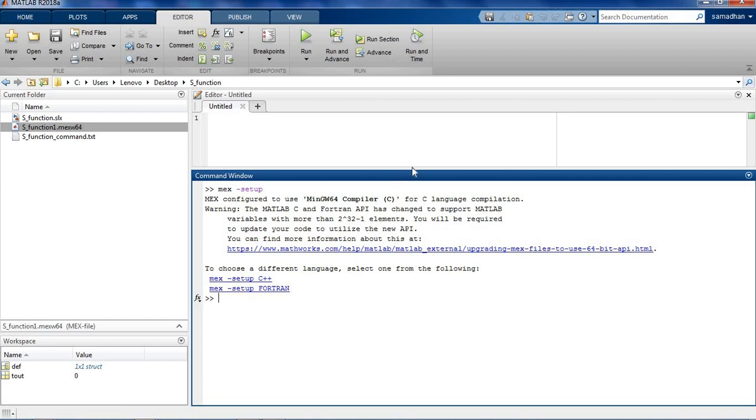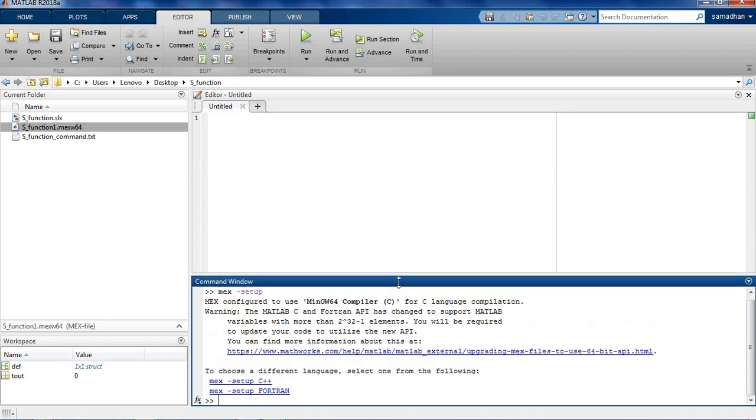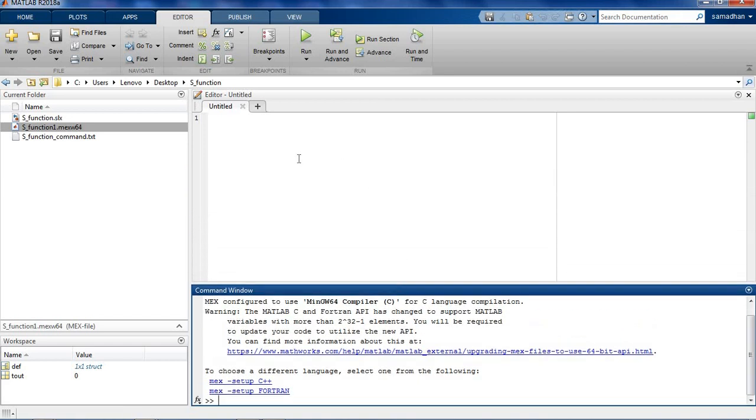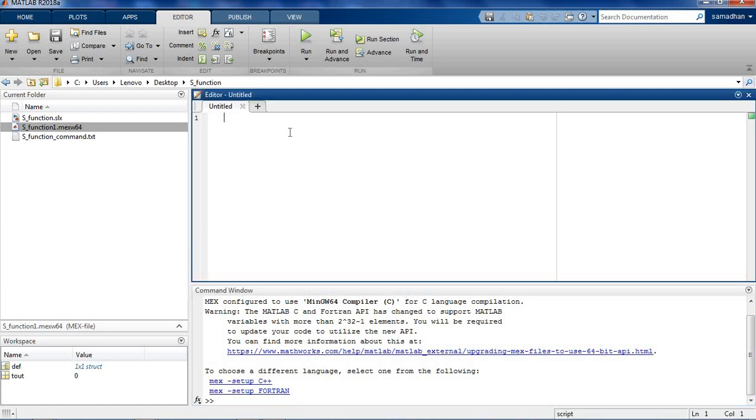For S function, I require one external C file. So I will create one C file here, and I write the code for addition of two numbers.